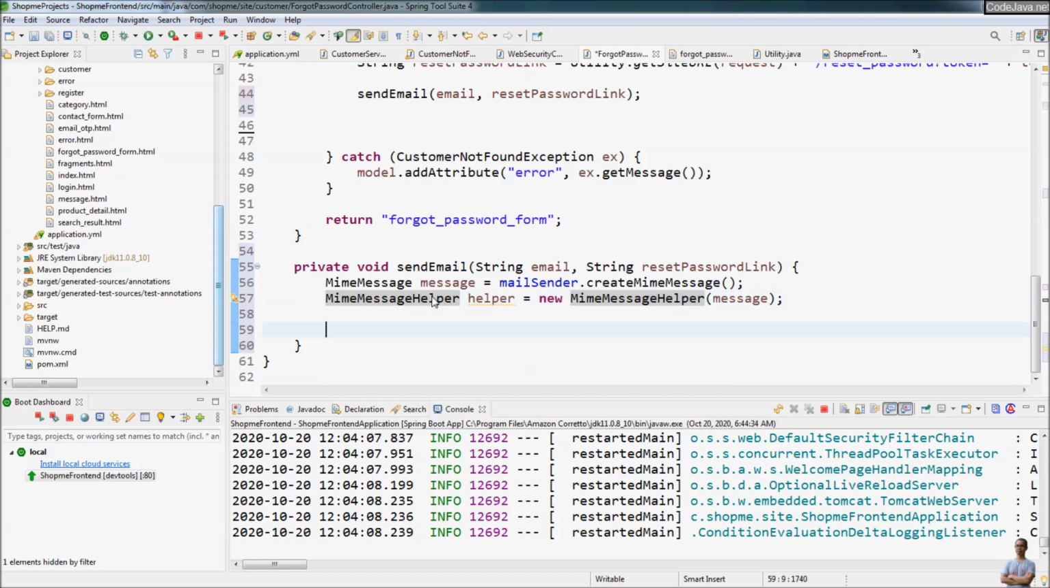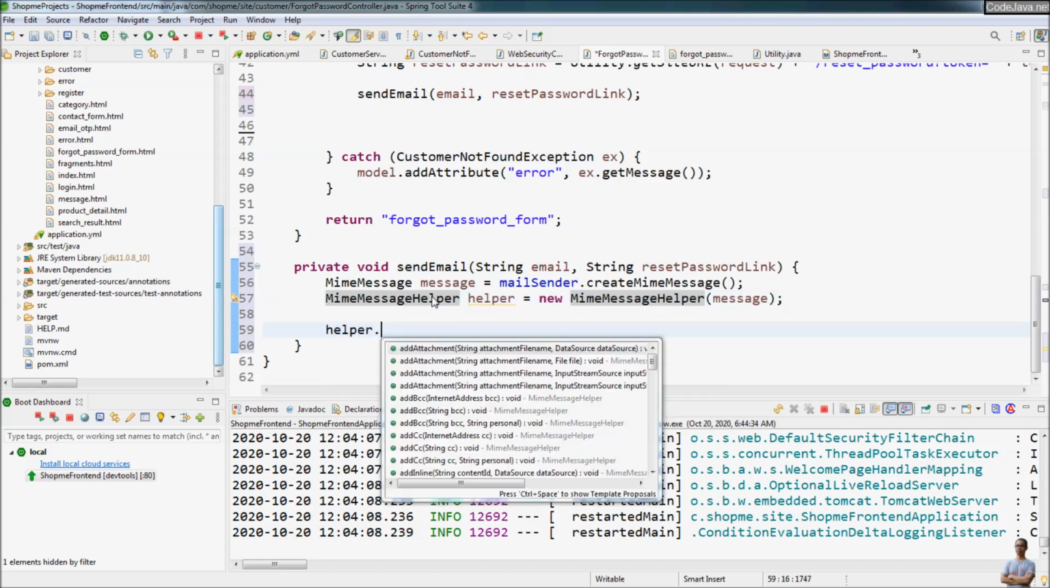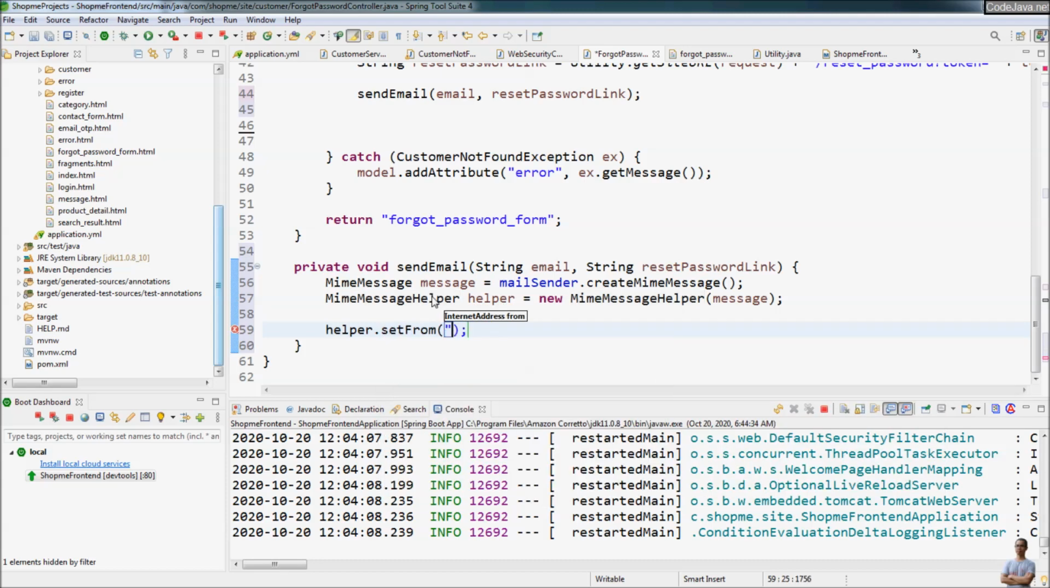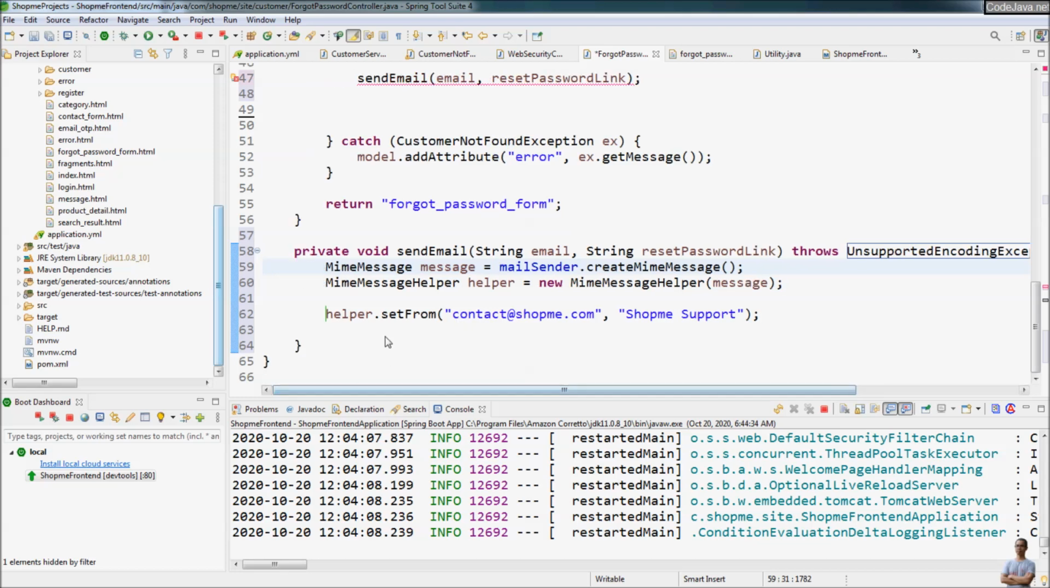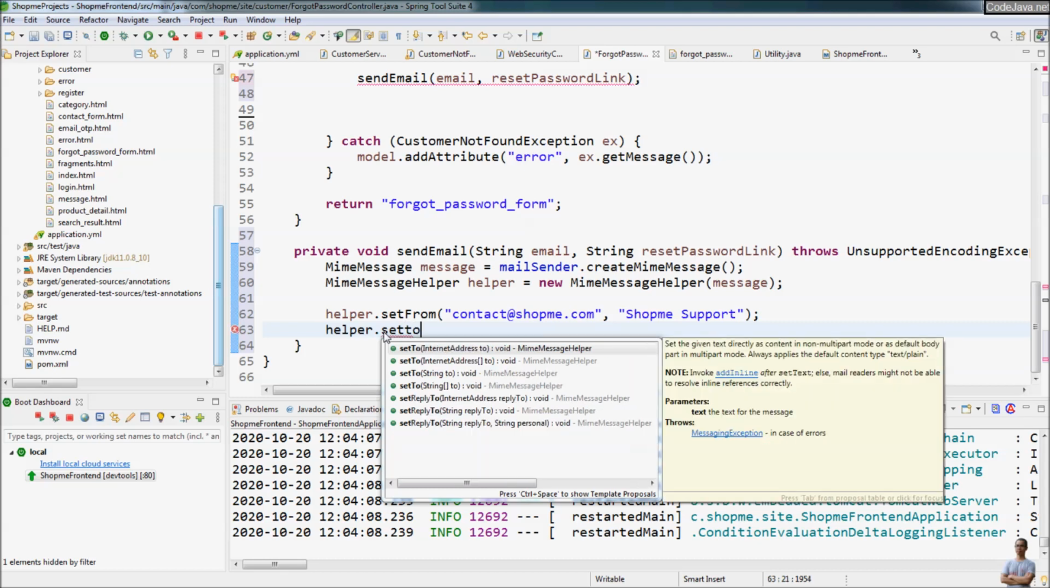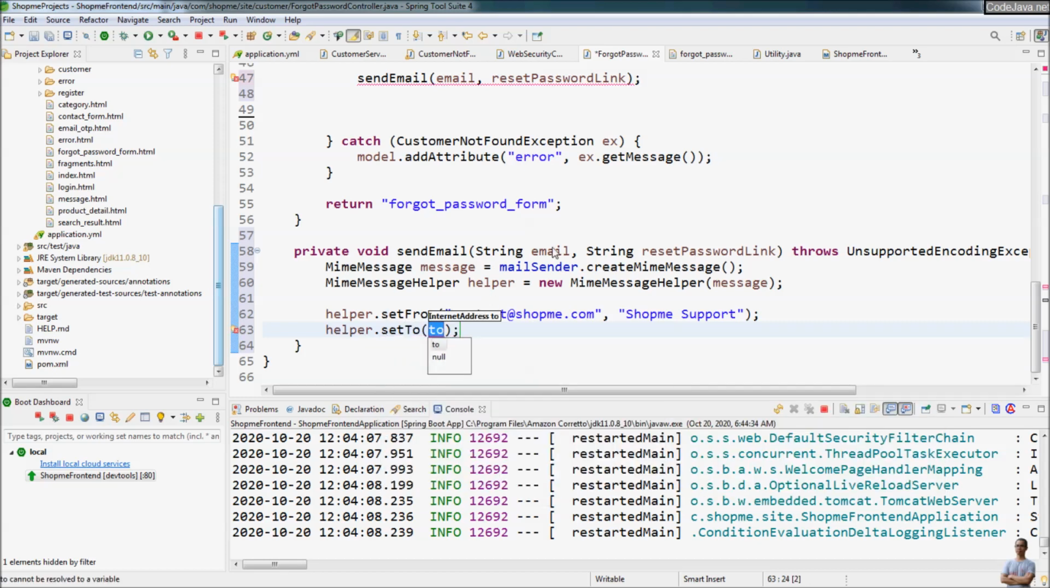Okay, and then we set the from address, set from, which is the email address of the sender. Set from is, for example, contact at shopme.com, and the sender name is Shopme Support, for example. It throws the declaration for the exception, and set the recipient address. Helper set to is the recipient address, which is the email of the customer here,